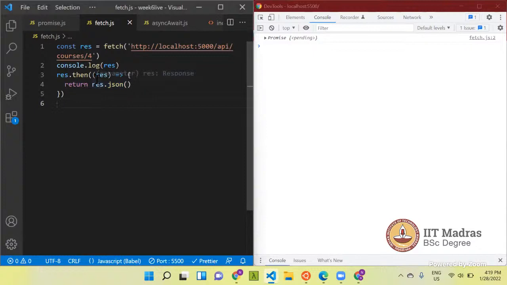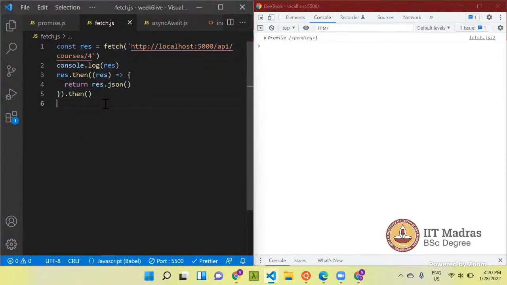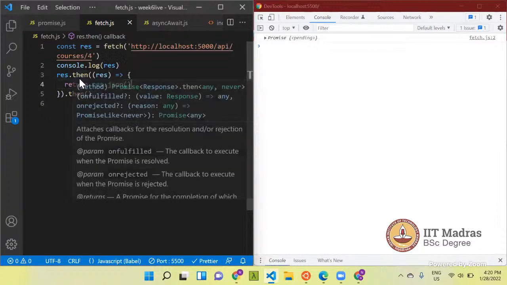So what is happening here? This is again returning a promise. So whatever value this promise resolves with, like response.json, the resolved value will be passed to the callback function of the next then in the chain. I have spent a lot of time on this chain.